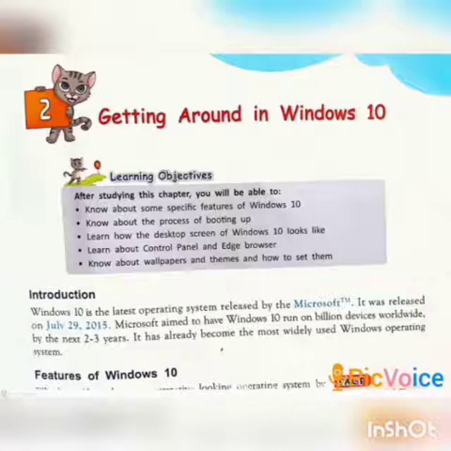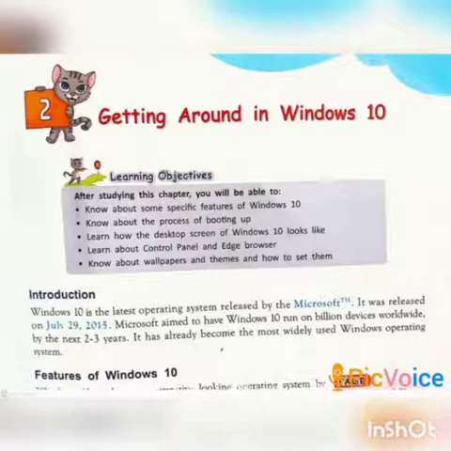There are different versions of Windows, like Windows XP, Windows Vista, Windows 7, Windows 8, and Windows 10. The versions of Windows have different features and different things.